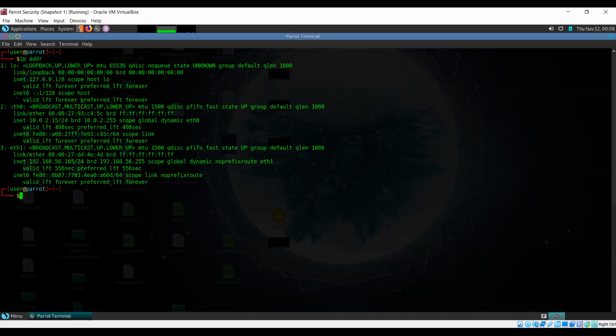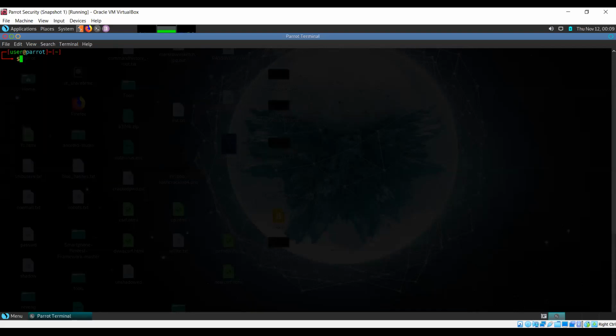So for Net Discover, hyphen I for the interface. This is the interface I want to use, and the range that I want it to use is this. We'll need to run this with sudo.